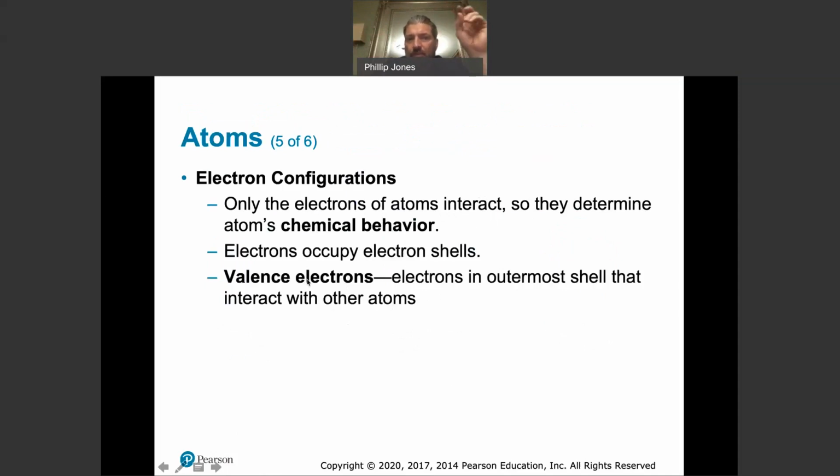And then valence electrons are going around the outer surface. Electrons in the outermost shell interact between atoms. And remember, the only one that's going to interact is the outer shell. The inner shells are stable, and they're literally near the nucleus where the protons and neutrons are. Think of that as a great big magnetic force. They're held tight in place. The valence electrons are further away. They have a little bit more freedom. The grip of the nucleus isn't there as tightly. So whenever something's going to react